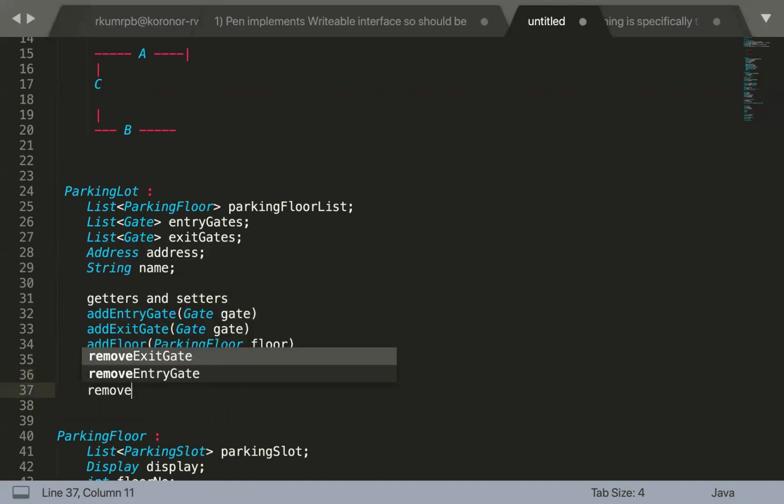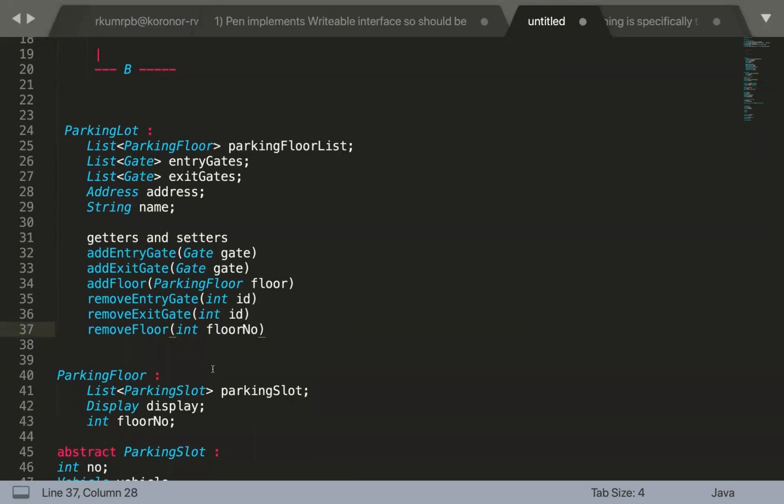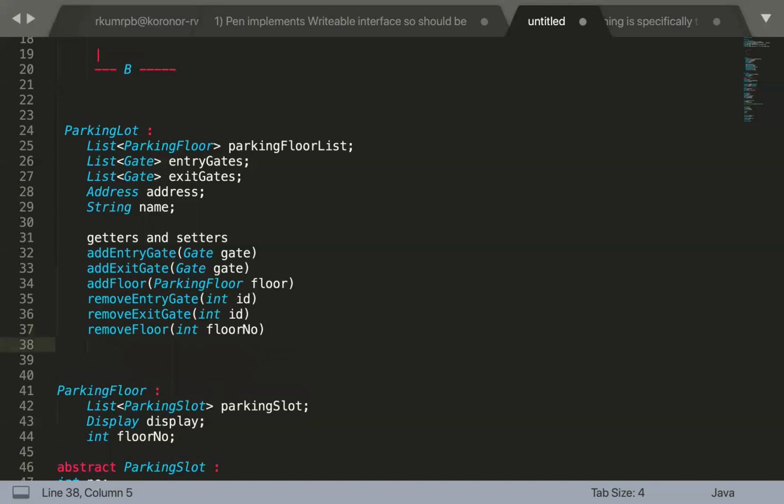Remove floor. So these all need to be implemented with some kind of authorization mechanism based upon the users, right? Probably the owners can do this job, but for now we are not considering the user requirement, what kind of a user is actually performing these operations. Okay. And any other method, probably that's it, right?